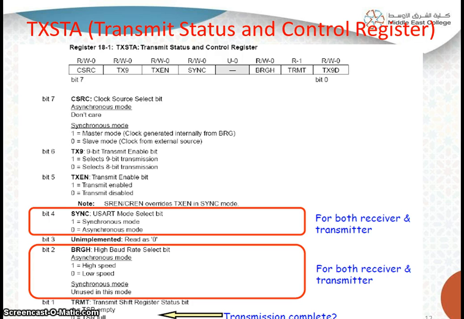In this 8-bit register we are focusing on bit 4 and bit 2 for serial port programming. Bit 4 is the SYNC bit. This decides whether we are choosing synchronous mode or asynchronous mode for the serial communication. It is for both the receiver and the transmitter. The SYNC bit is 1 for synchronous mode and 0 for asynchronous mode. The programming part which we are focusing on will be SYNC 0, because we are focusing only on the asynchronous